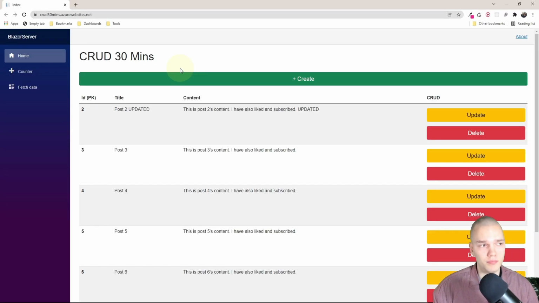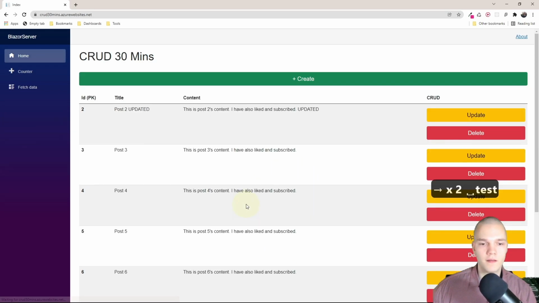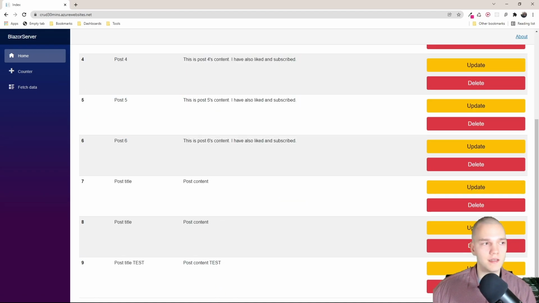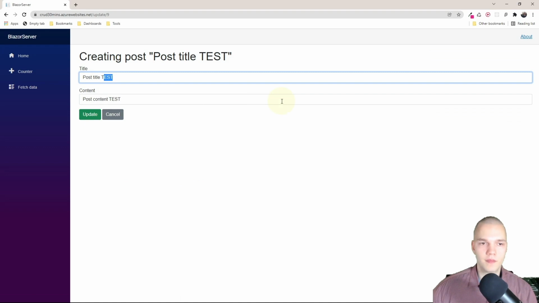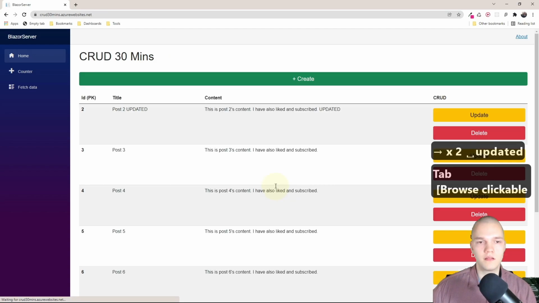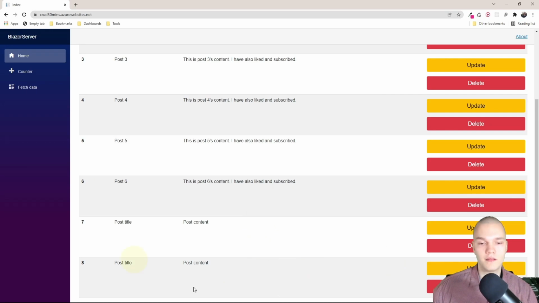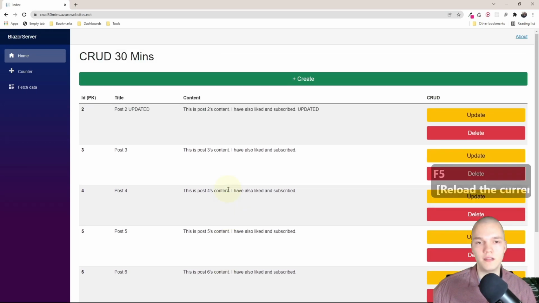Awesome, and then a browser window opens up. So the publish completed successfully, and I'll just test it real quick. So I'll just hit create. I'll just add test. And there we go, it's added. Then I'll update this one and I'll just do test updated, update that, and there we go. And lastly, I'll delete it. And awesome, we see it's deleted. Right, so it's running in Azure now.